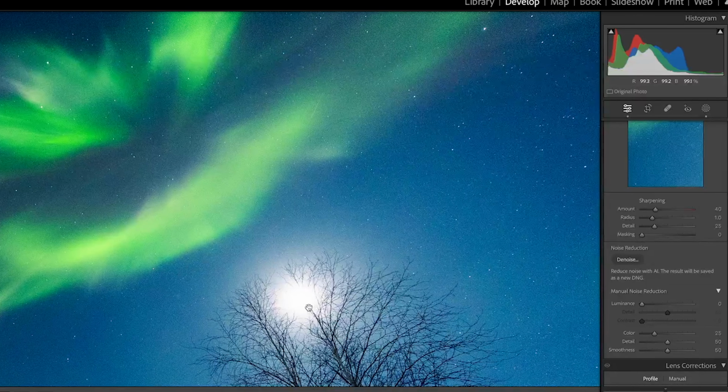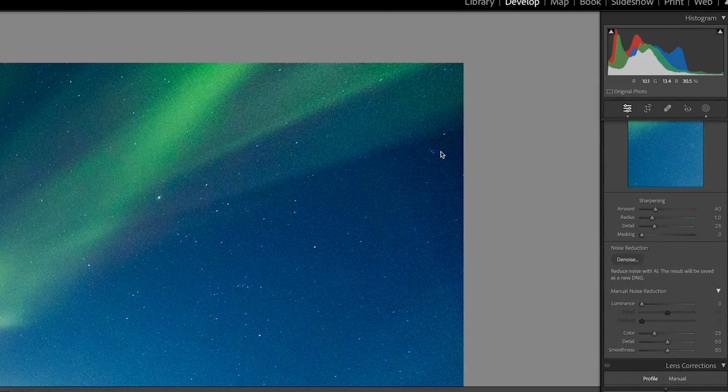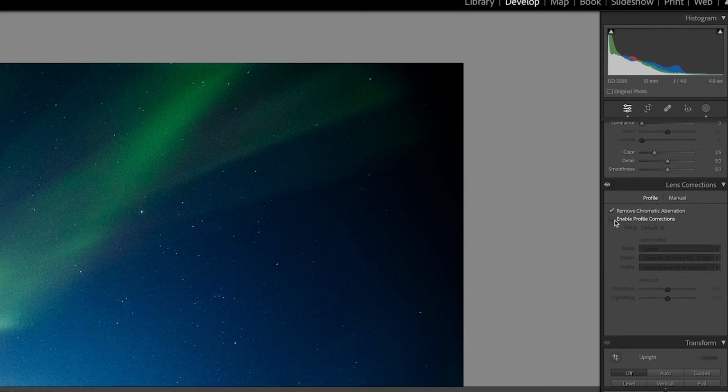And this is also during like a half moon, I guess you could say. And then this corner, same thing. It looks really, really good for 10 millimeters and no coma. That looks awesome. Disabling the profile corrections, it looks about the same, maybe a little better, but profile corrections disabled